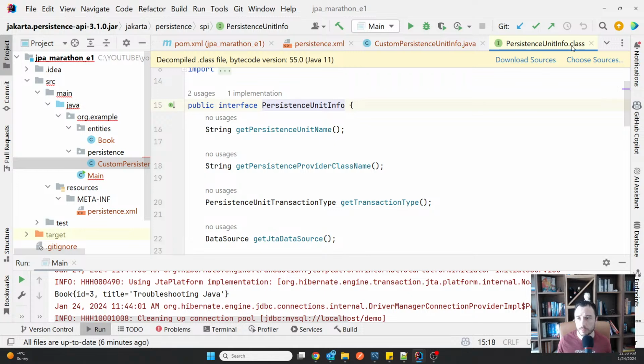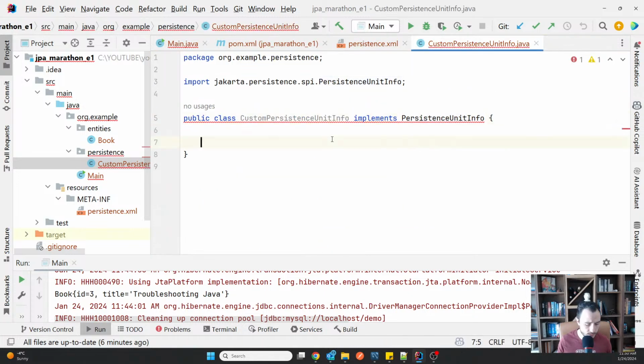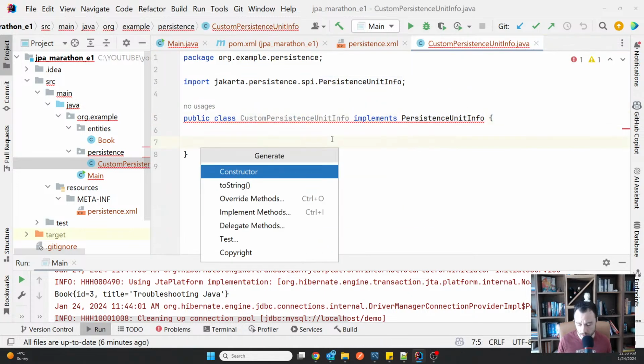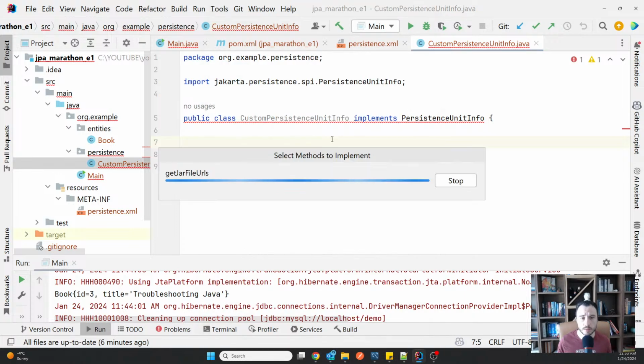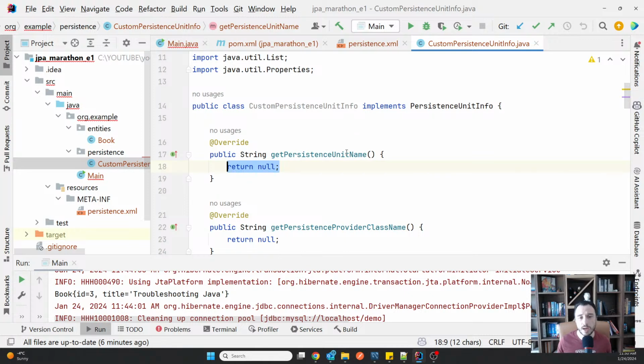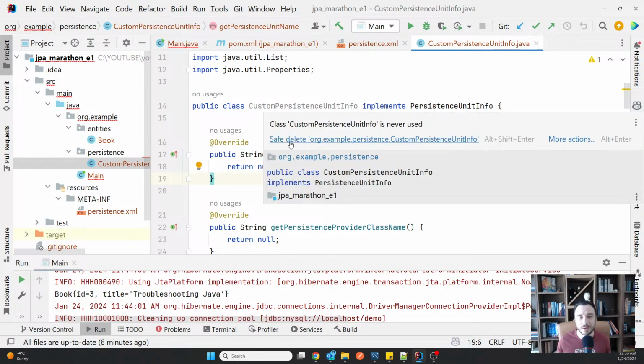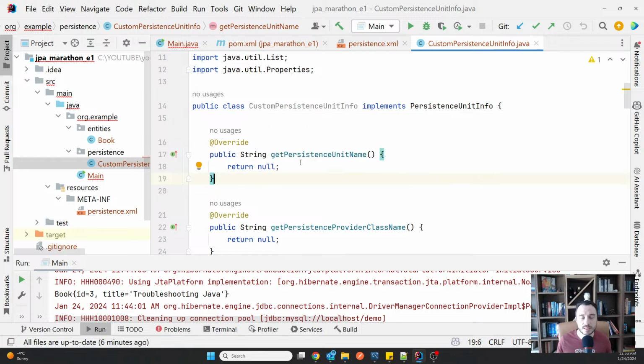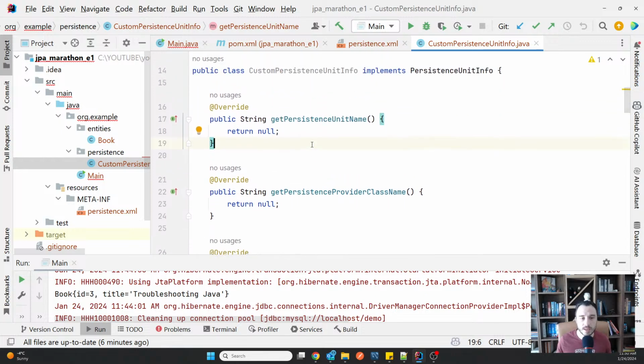So I'm just going to override them and then take them one by one. I did implement all of them, of course, because otherwise I couldn't compile, but I will just write something in those that I really need.